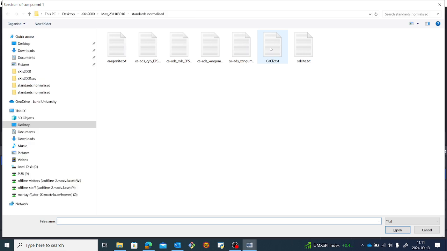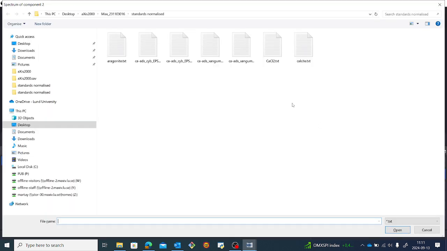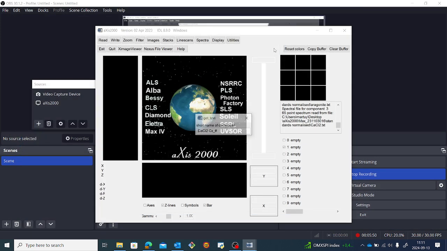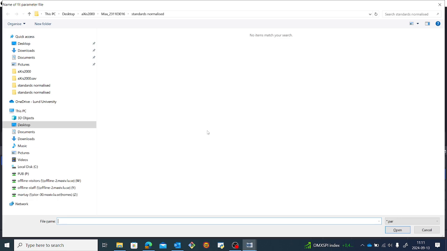So I press enter because I told the software to use 3 reference compounds. It asked me where is the second. I want, for instance, let's say aragonite. It's just an example. I remove this information. So the third, let me use, for instance, calcium chloride. So after reading all 3 spectra as text files,